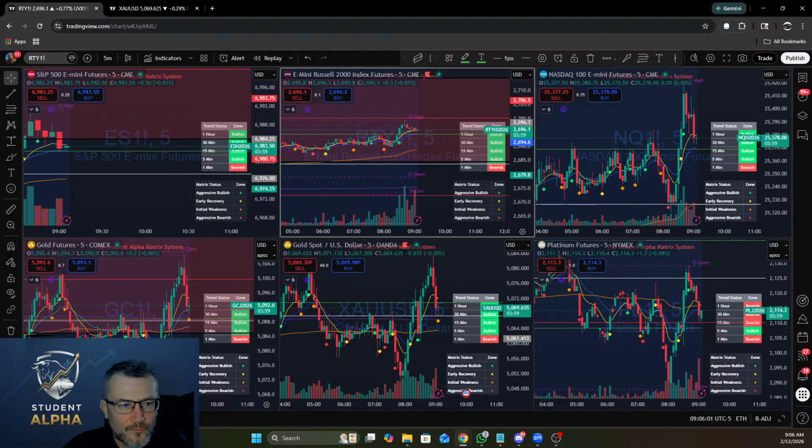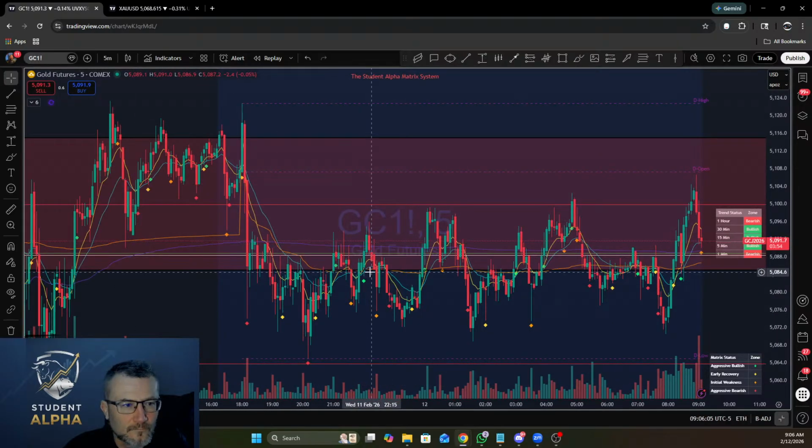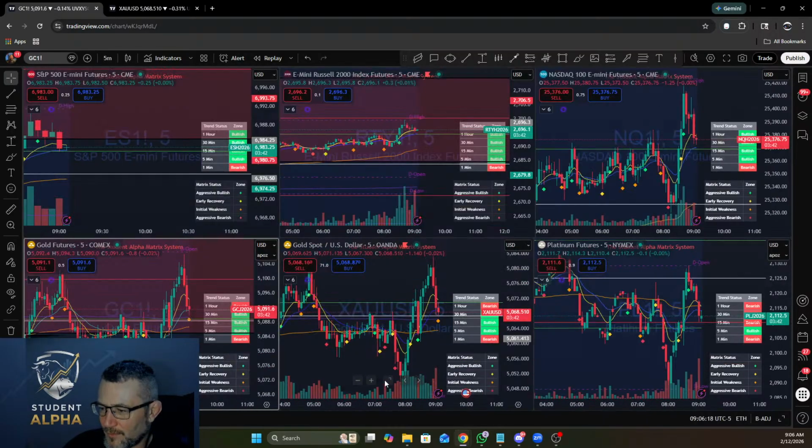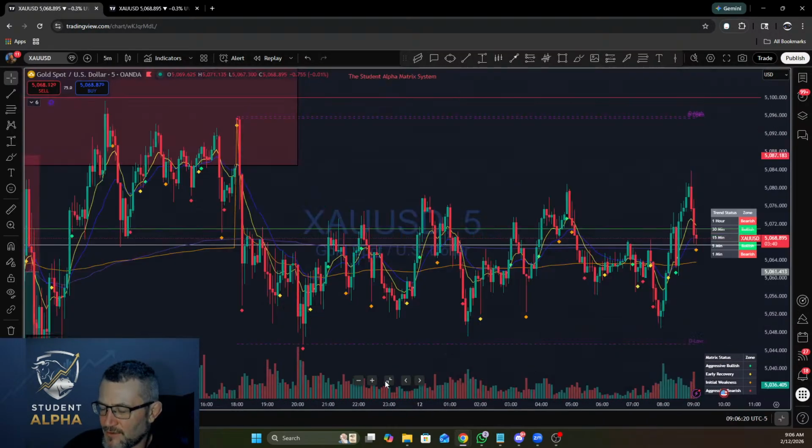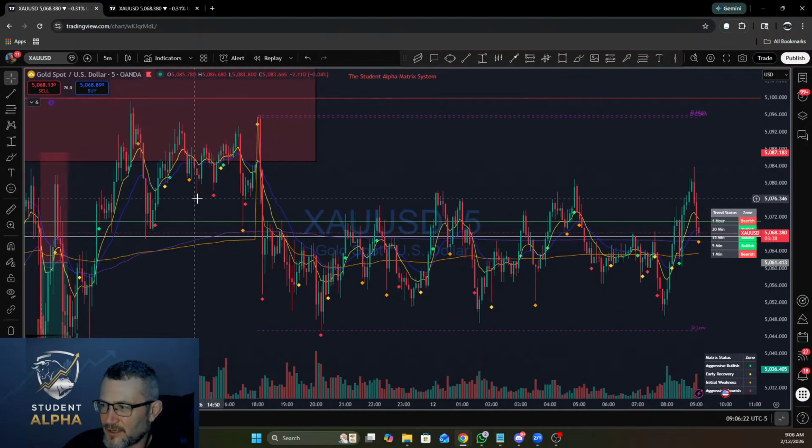So we'll talk about gold futures. All right, open price 2107, high of the day 2152, low of the day 5067. Same range-bound stuff we were dealing with yesterday in both XAU. Look at that channel.